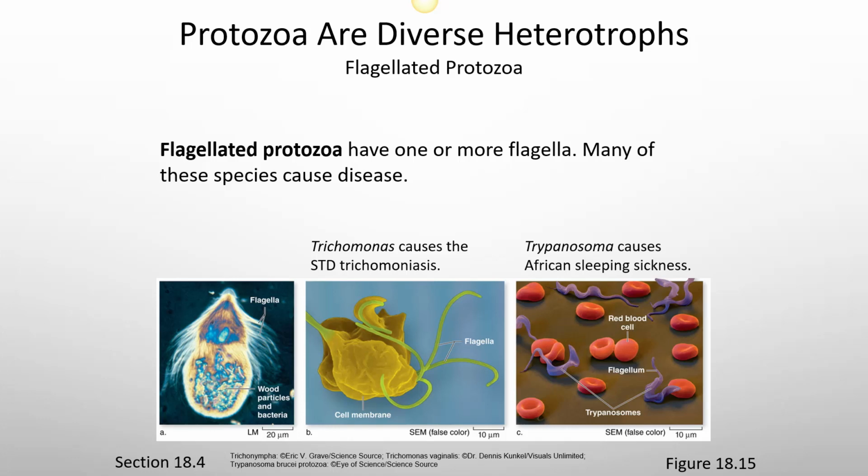Then they have these large needle-like mouth parts, and they poke that into your skin near your mouth while you're sleeping. They suck your blood, and when they're taking in new blood, they defecate on the surface of the skin. They defecate out these guys, and these guys then go into that open wound and infect you that way, and they cause a lot of crazy symptoms. So those are some of the flagellated protozoans.